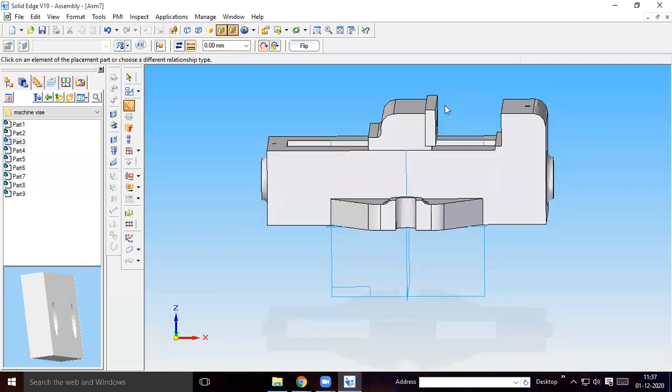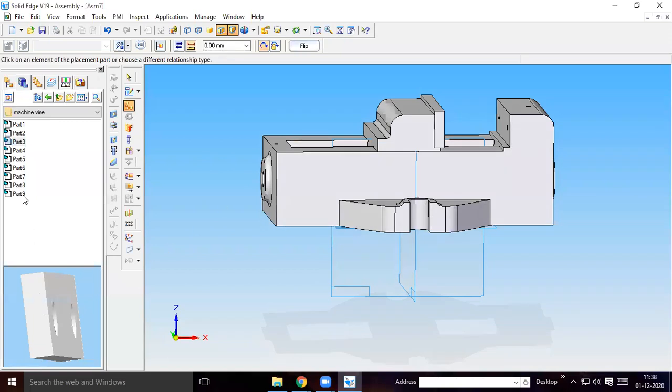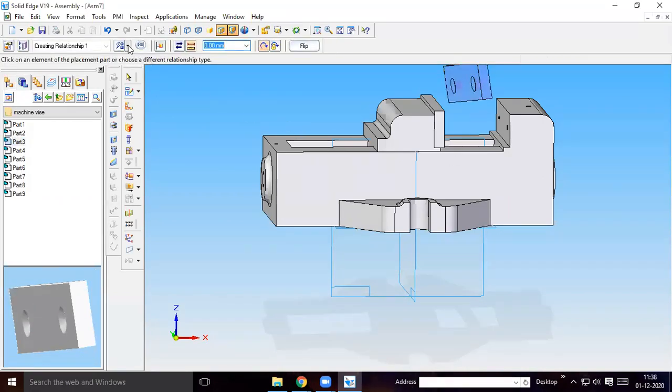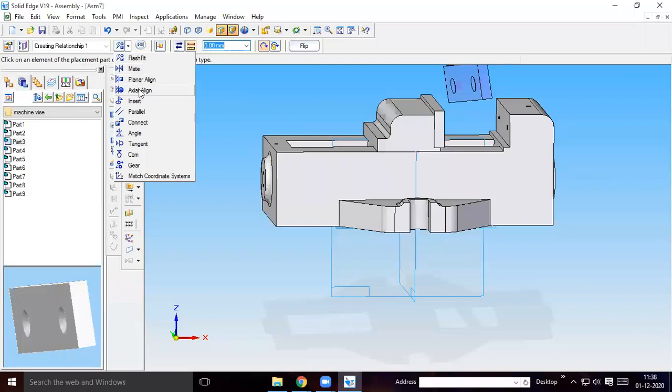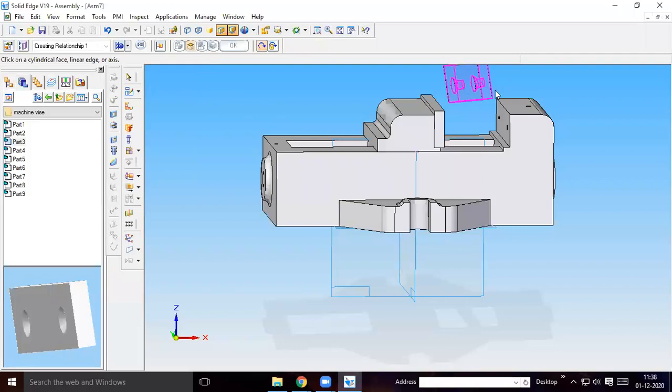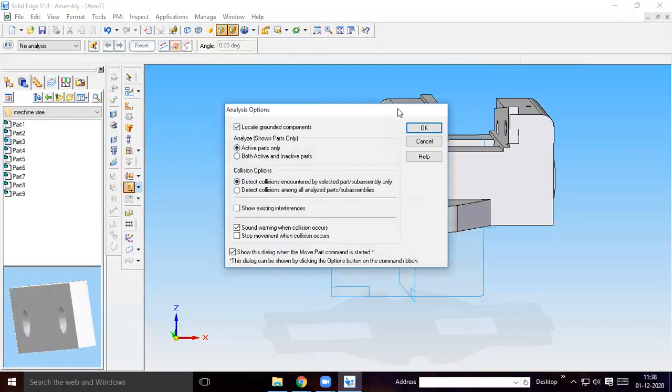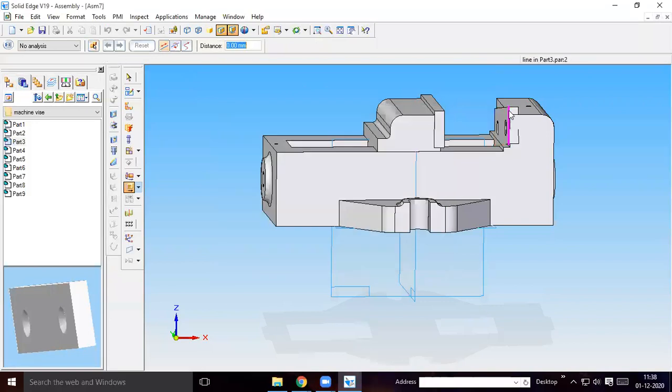So similarly you place another jaw grip, which is only created once. When you are placing it on the body, rotate in such a way that the screw holder or countersink hole is on the left side. Like that you rotate and place it like this. Similarly, how you did the assembly for the movable jaw, you do it for the body also. Axial alignment of this with this, and you can use the move option. Move along this direction, can move like this.